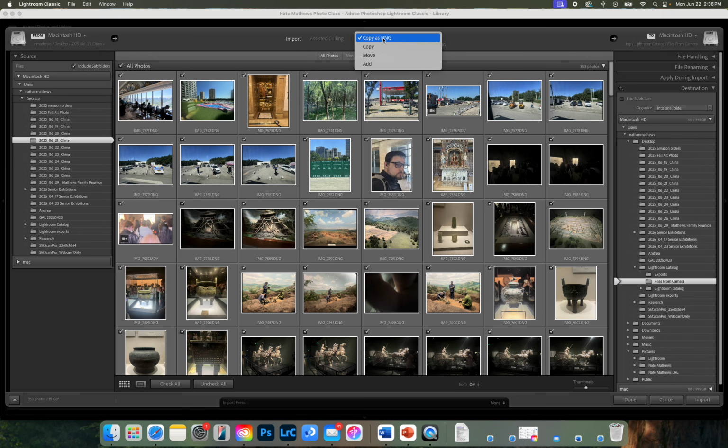And if I already have them on my hard drive, I could just do Add. Or if I have them on my hard drive and I want to move them into that organization, I can do Move. But most of the time we're going to be doing Copy, and I'm going to recommend Copy as